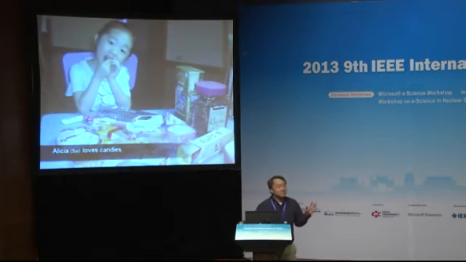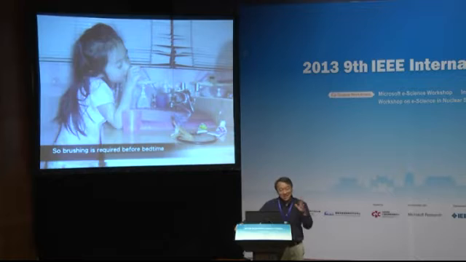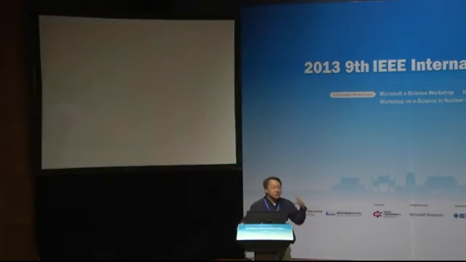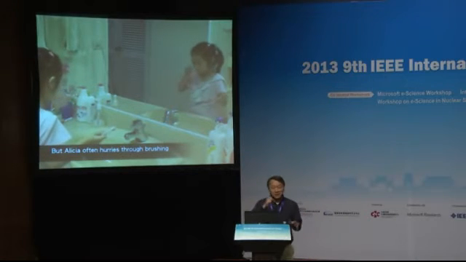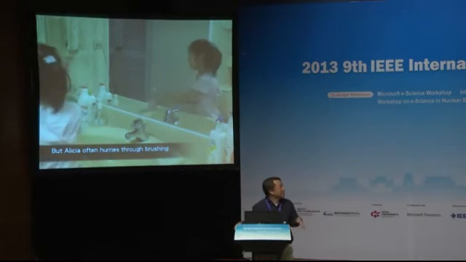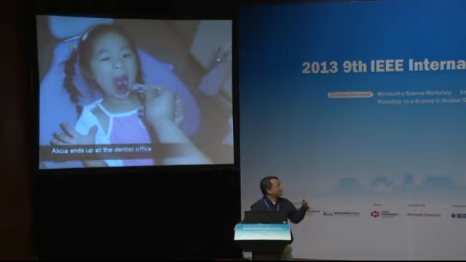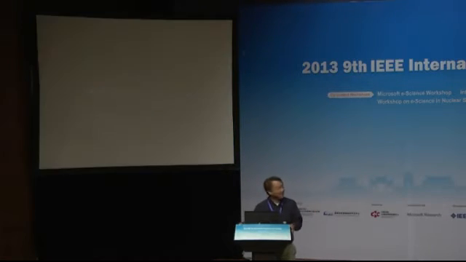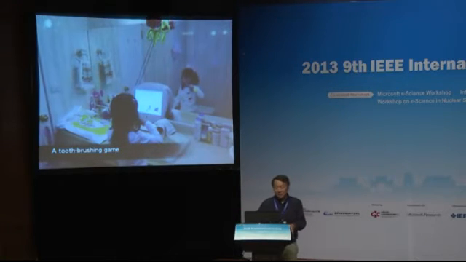This is my daughter when she was 5 years old, and all the kids love to eat candies, right? Her mom forced her to brush at night. But kids get sleepy at night, so they only brush 3 or 5 times and then call it done, right? Obviously she will then end up in a dentist clinic, and it's a horrible experience for kids to hear all the drilling sounds. So we designed this game.